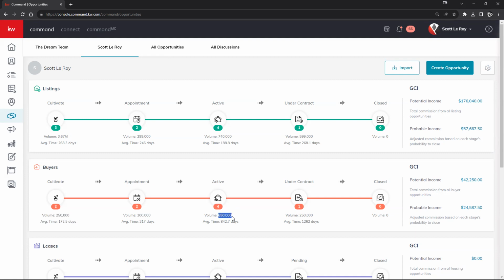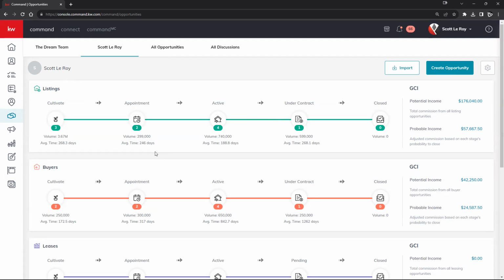Right here, volume equals about 650. Right here, volume 250, and then since I don't have any buyers in my closed section right here, volume is 0. So again, at any point in time, you can say, okay, well, I'm sitting on 3.667 on my Cultivate right here,